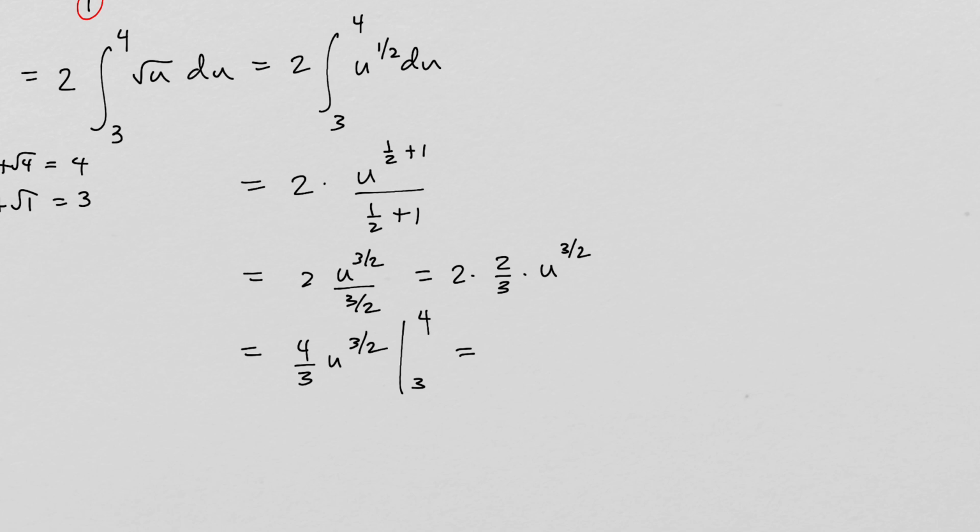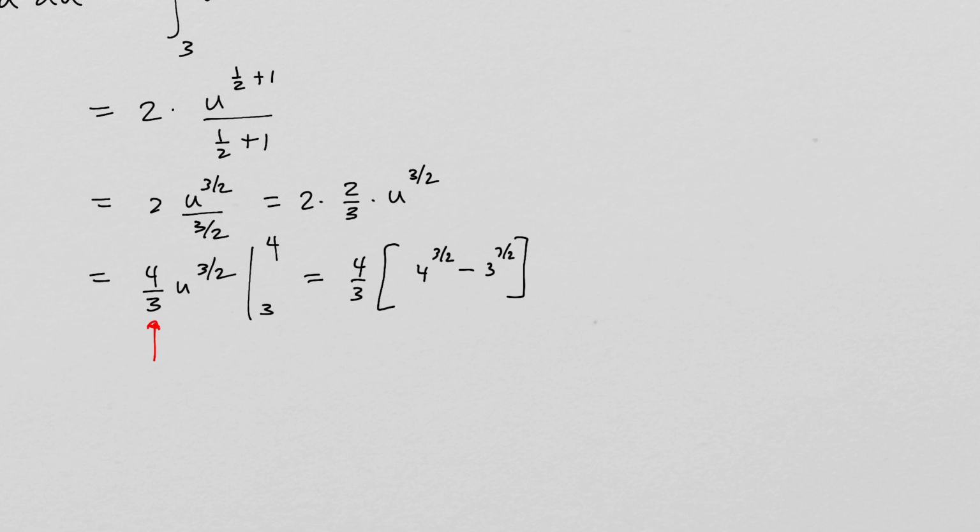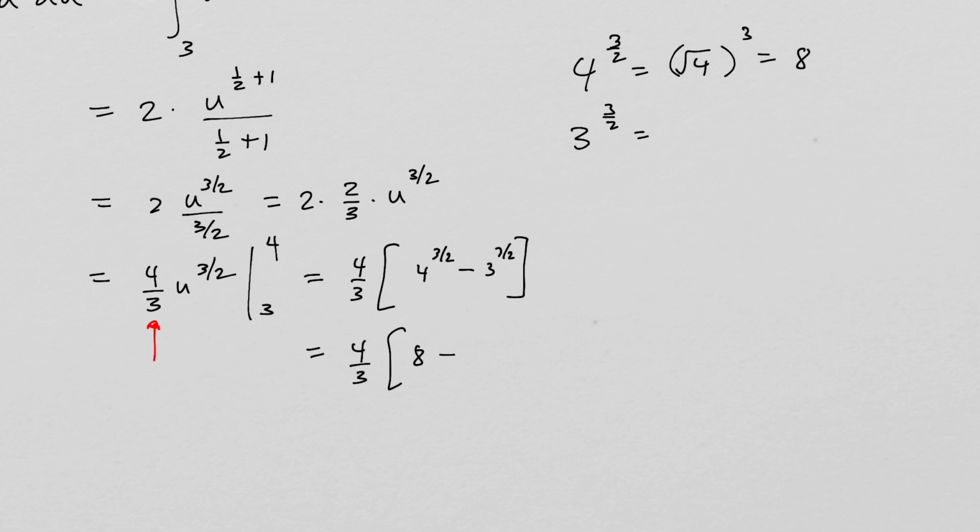Now, when you have a more complicated expression to work out, you can leave the fraction here factored out. So I can go 4/3, and then I'm just going to plug 4 in minus plug 3 in. Okay, so it looks like this. So we have 4/3 times, now 4 to the 3/2. What is 4 to the 3/2? Well, it is the square root of 4 cubed. And that is 2 cubed, which is 8, minus, and then 3 to the 3/2,